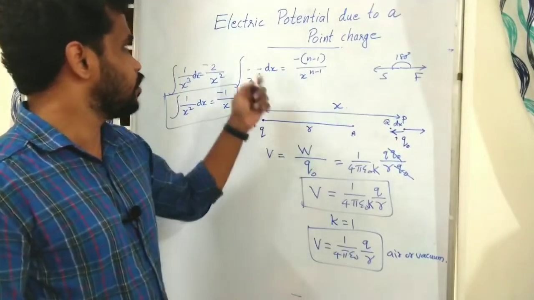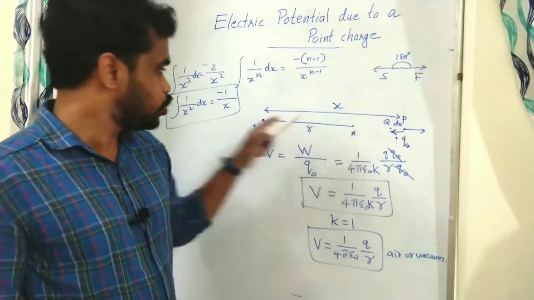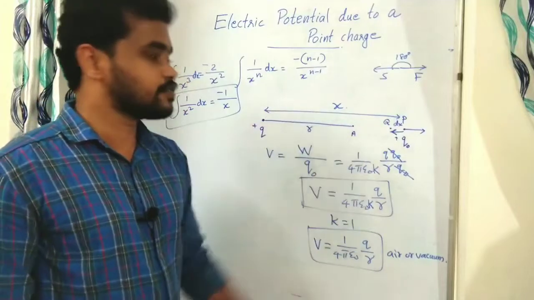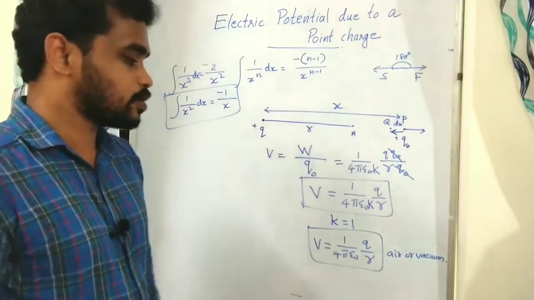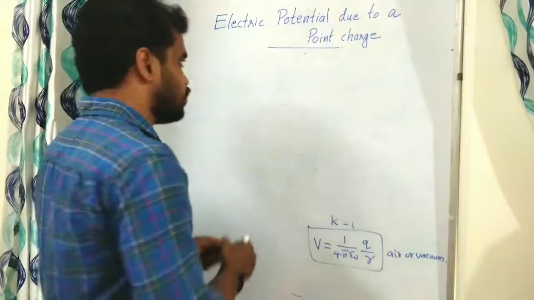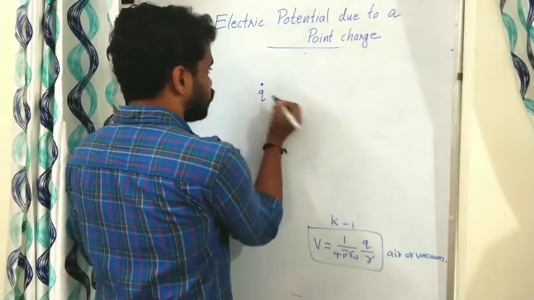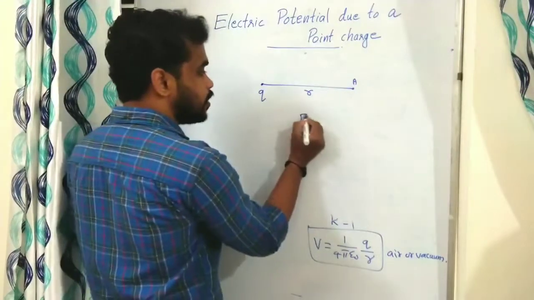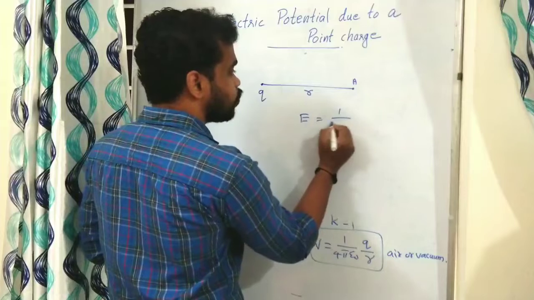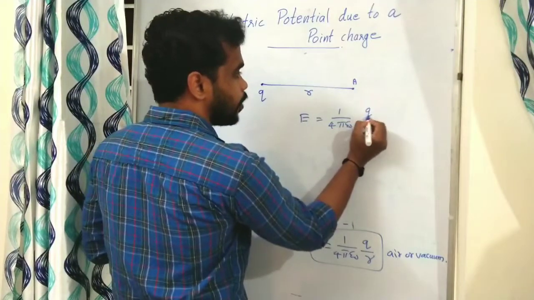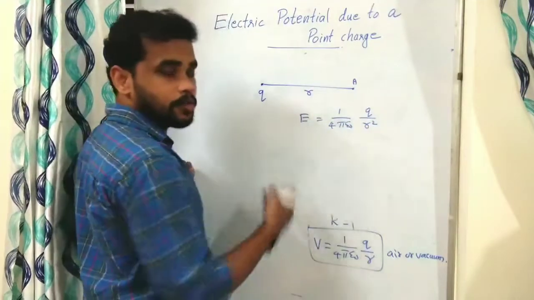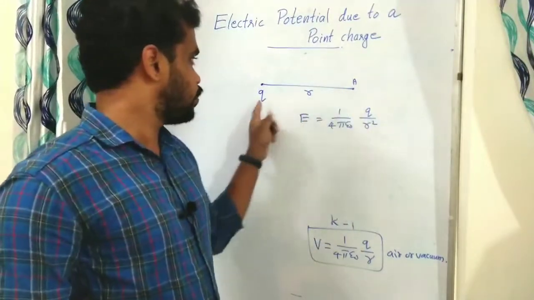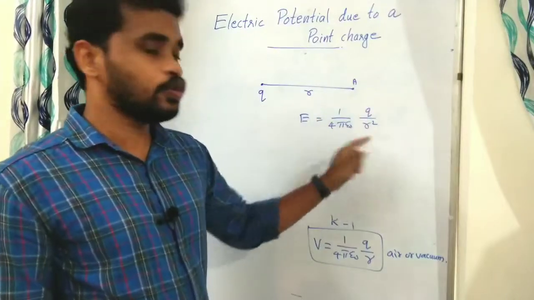It is the formula for finding electric potential at a point due to a charge. Due to a charge, what is the potential at a point which is r distance from that charge? That is 1 by 4 pi epsilon 0 q by r. Then some comparison, very important. If there is a point charge q and a point A at a distance r, the electric field at A is 1 by 4 pi epsilon 0 q by r square. You studied in the previous chapter the electric field intensity due to a point charge.